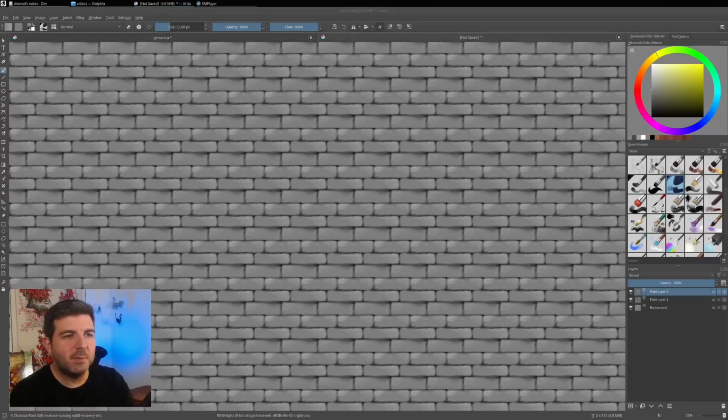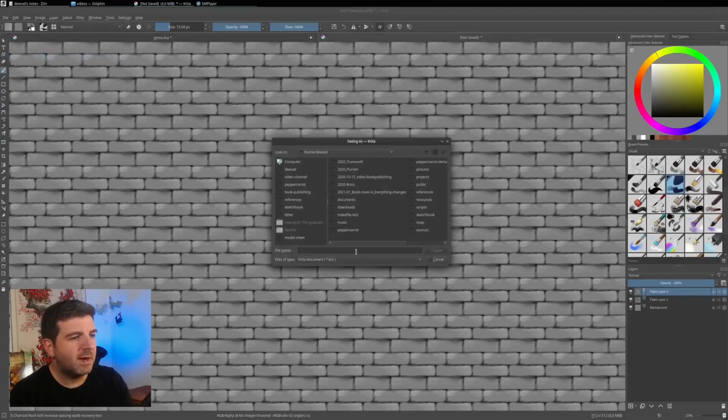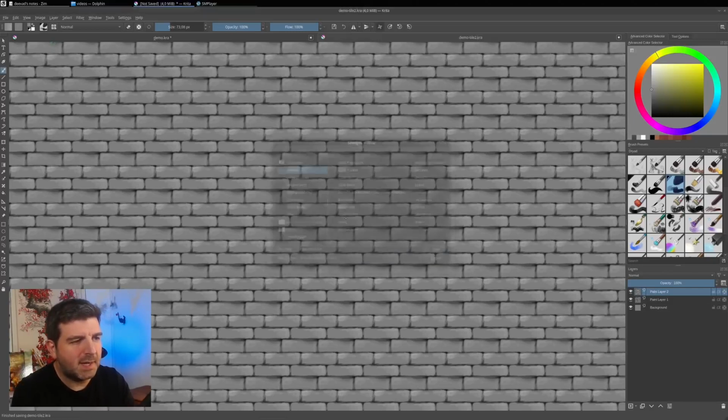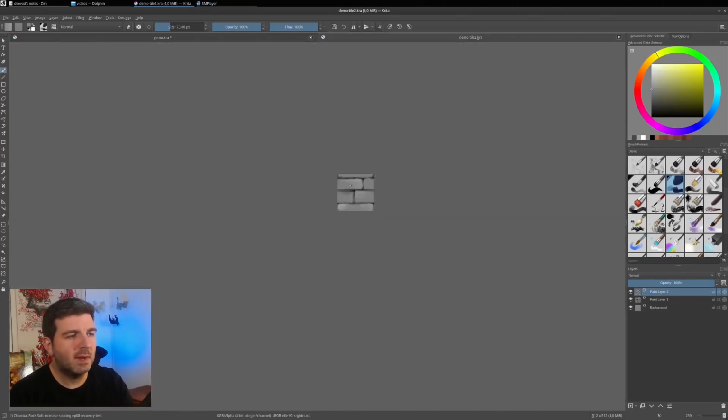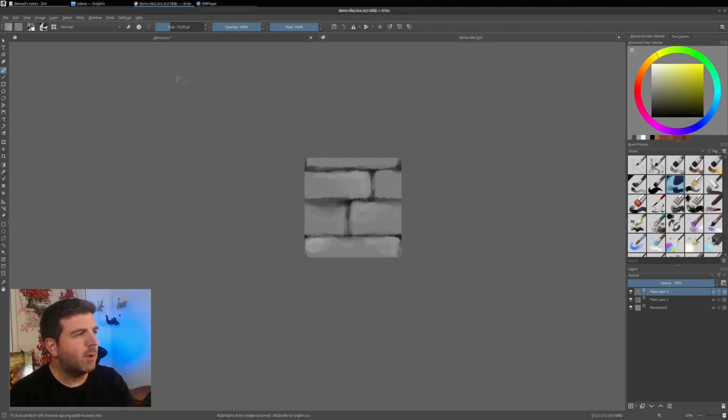Once you are happy with your texture, you might want to save it. File, Save as. I will call it demo tile 2.kra, save it, and I will deactivate the wraparound mode, like this. So this is our pattern. I want this to be flat, so I will go to Layer and